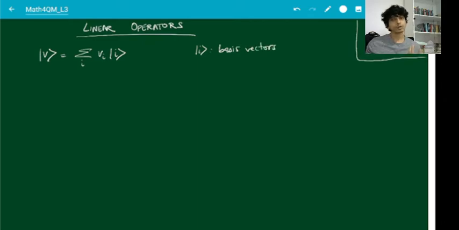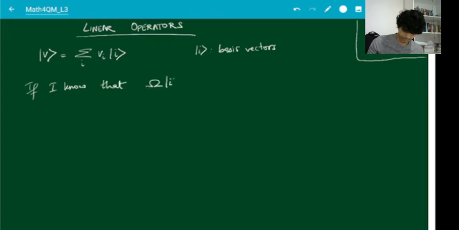So if I want to know the action of the operator on any general vector, what I can do is I can just find out what the operator does to the basis vectors. Then in terms of that, I can find out what it does to any other vector. So if I know that omega acts on every |i> to give some |i'>, then I can tell that when omega acts on |v>